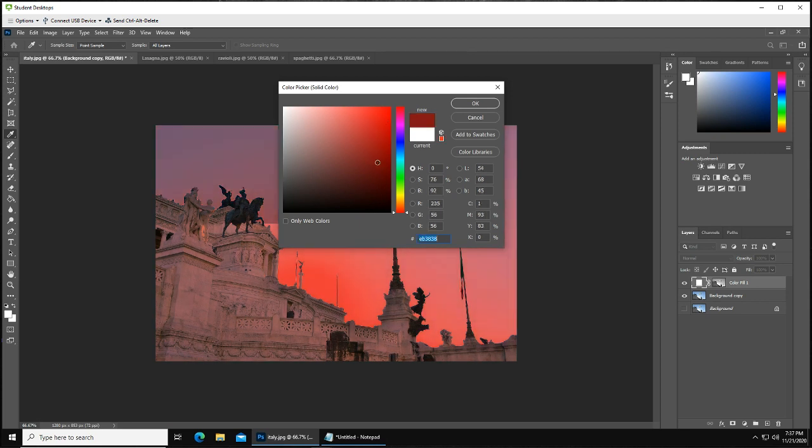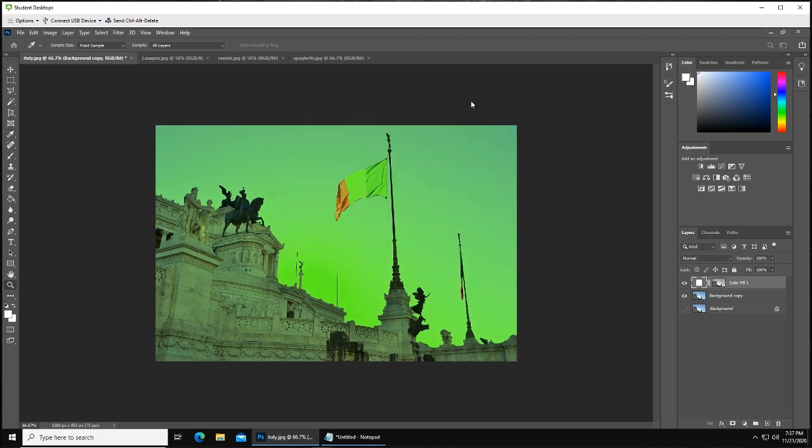So we want to pick something that's kind of bright. So let's go for like a bright green. Click OK on that. Now we have this green color here, and we're going to go ahead